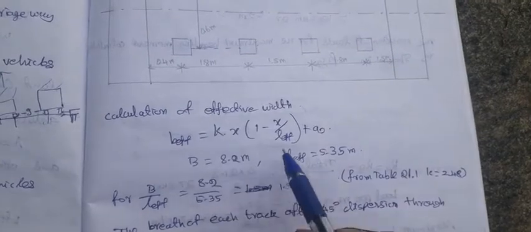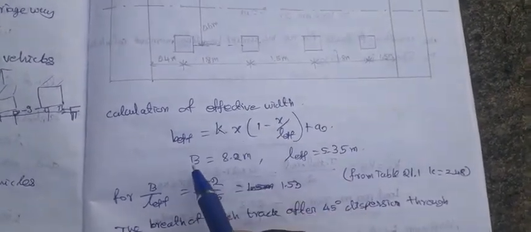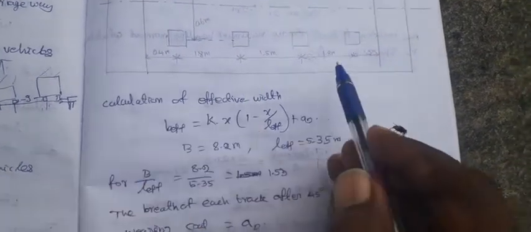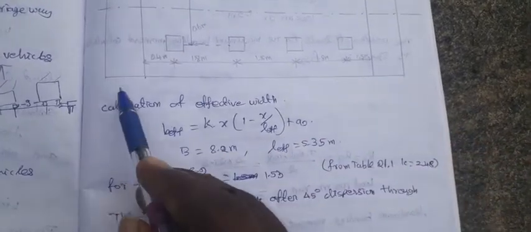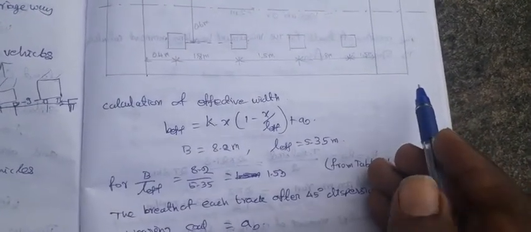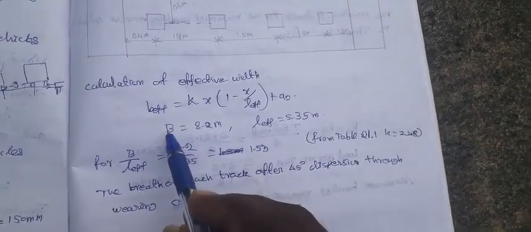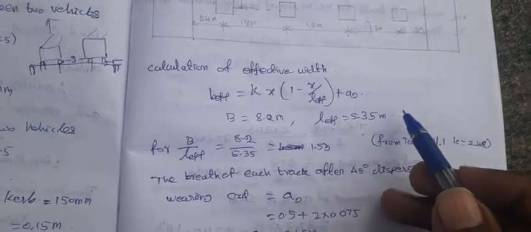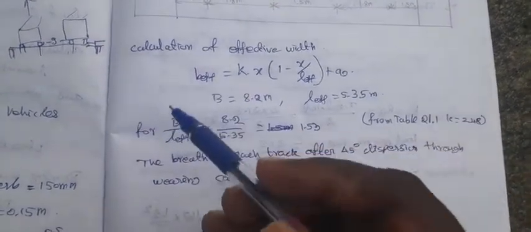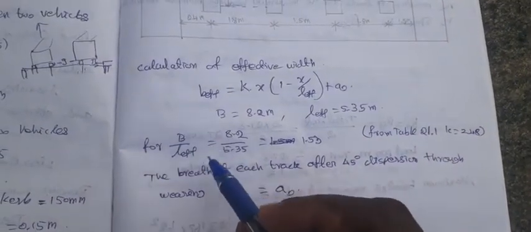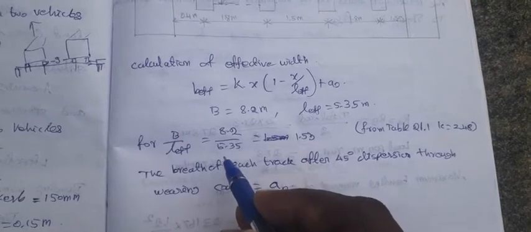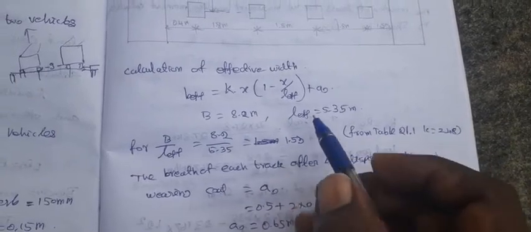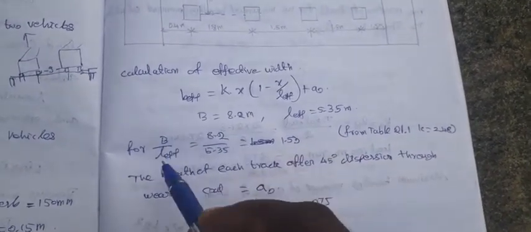So I am explaining each and every term. Before that, we know the breadth is 8.2 meter. The breadth is 0.6 meter, 7 meter, again 0.6 meter. The overall width of the culvert is 8.2 meter. So that is the actual breadth, 8.2 meter. And the effective length L effective is 5.35 meter, as we already know. So we should find the ratio of breadth to effective length. B by L effective is 8.2 divided by 5.35. So its value is 1.53, the breadth to length ratio.